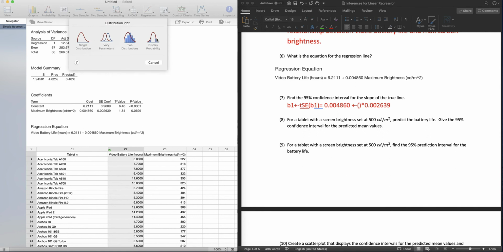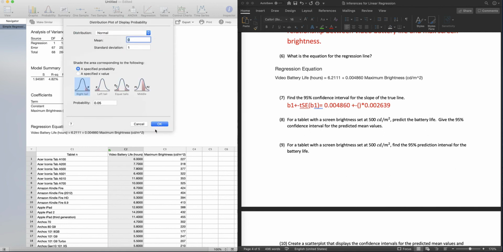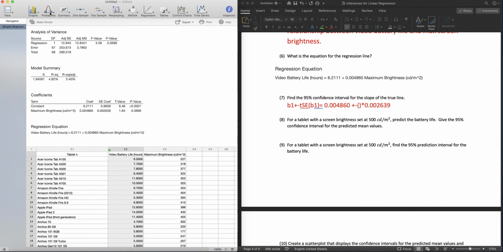So we're going to go up to probability, distribution plot. We're going to select display probability. Let me do that again because that went by really quickly. So probability, distribution plot,